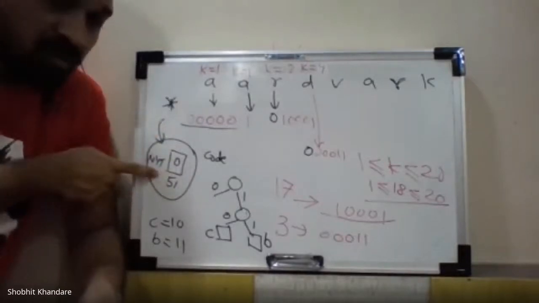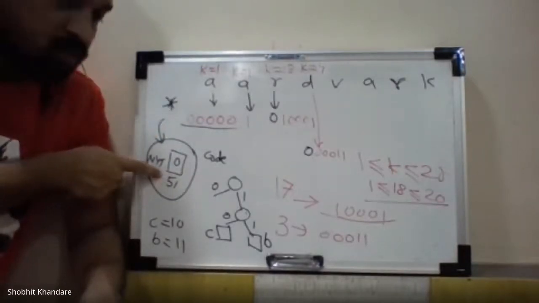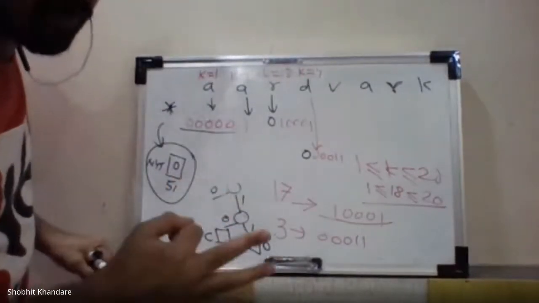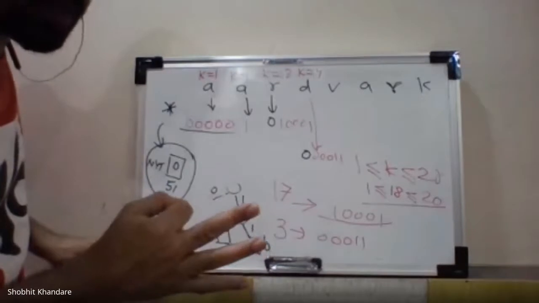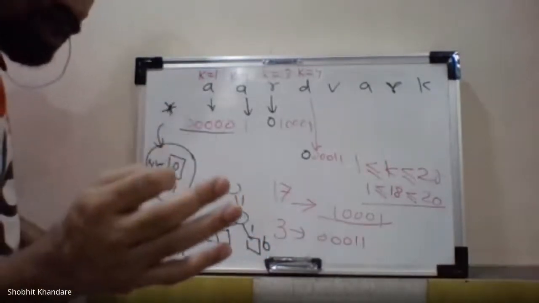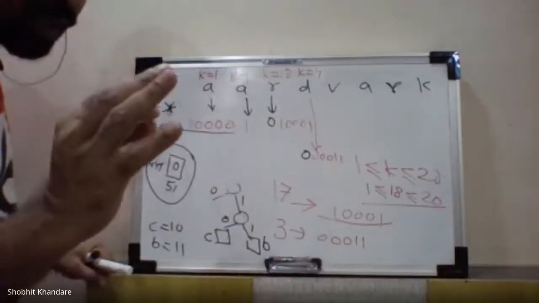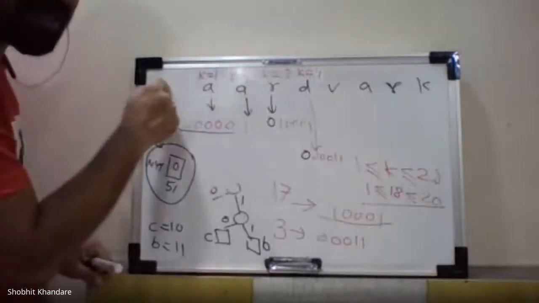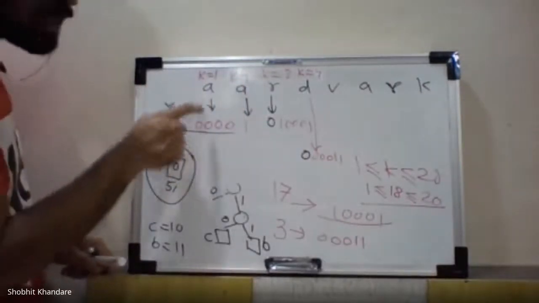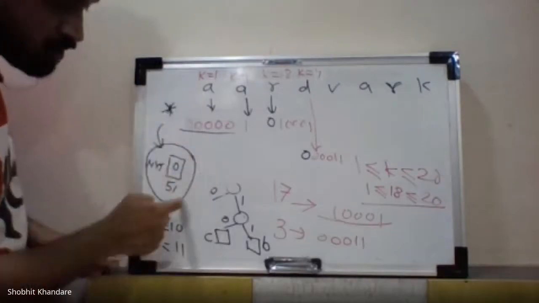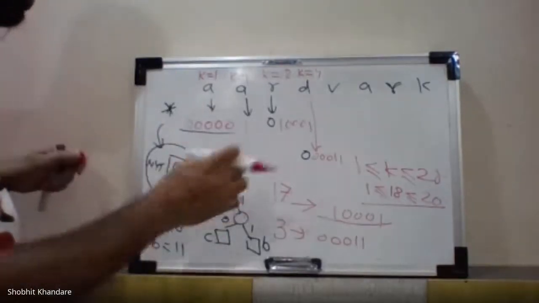Now this is for NYT, it was 0. Now I have to update. I have omitted the third step because that was not applicable. So that's why I have to go to the fourth step. And the fourth step says to continuously update the tree accordingly for all the symbols. Not for all the symbols now, which were previously done. So after the encoding of A, now I have to include this A in this particular initial tree. So how will it be?